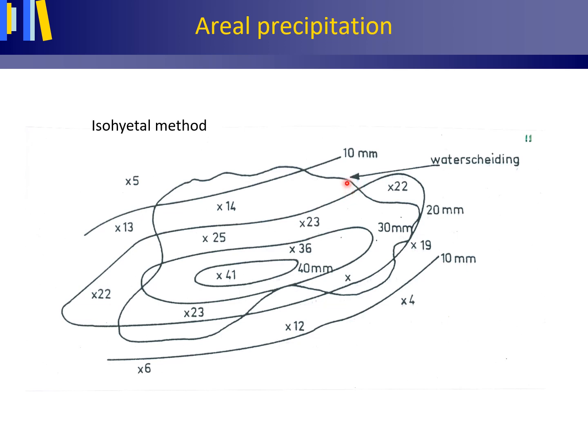I can multiply the 15 millimeters by its area, do so for all the other areas, and then sum these numbers and divide by the total area under study. This gives me a pretty good weighted average of my precipitation depth, my aerial precipitation. Although the drawing of isohyets is slightly arbitrary and may involve some experience, the topography and also knowledge of the storm pattern can be well accounted for when using this method.